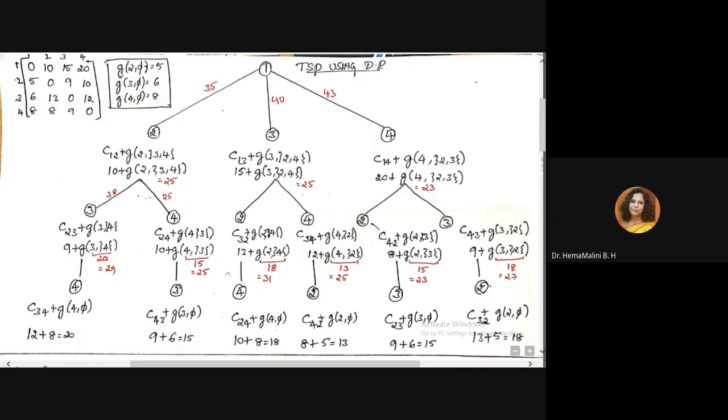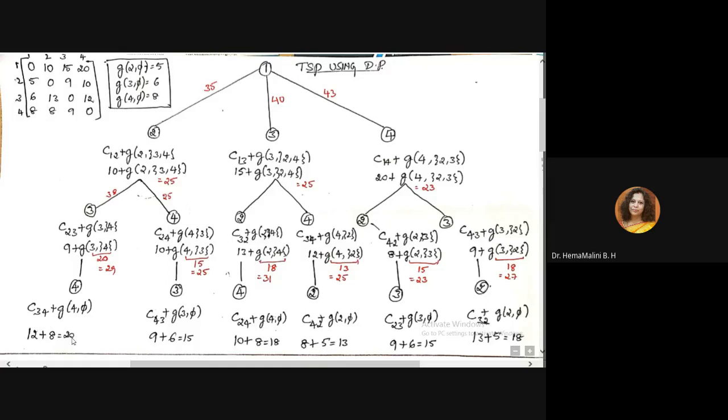This is the value. So this is from the first city he is going to visit. From city 1, if he is going to city 2, city 3, city 4, okay, these are the values. These values let us use here. So what is C of 3 4? C of 3 4 is 12 plus G of 4 5. What is 4 5? 8. So 12 plus 8 is 20.